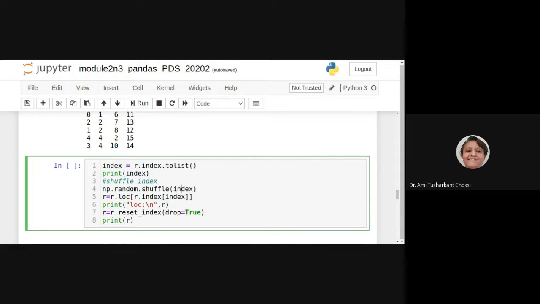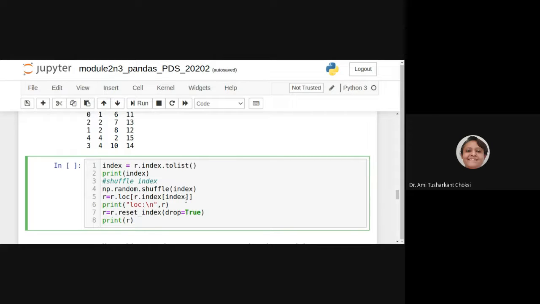So we can say that we are shuffling the index. Now after that, for our data frame, we are doing R is equal to R dot loc. Loc is location, we typically say, of R dot index.